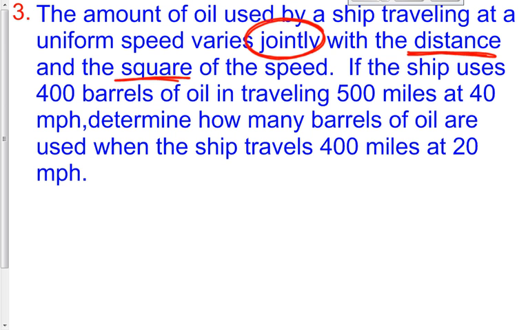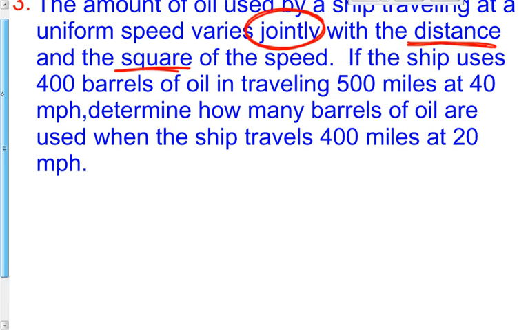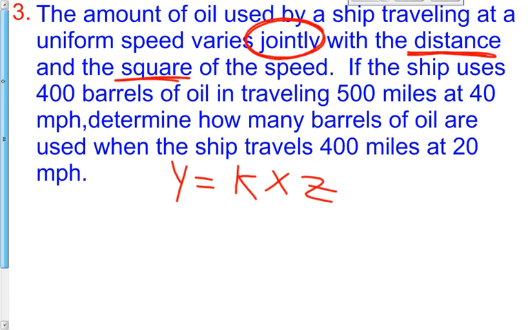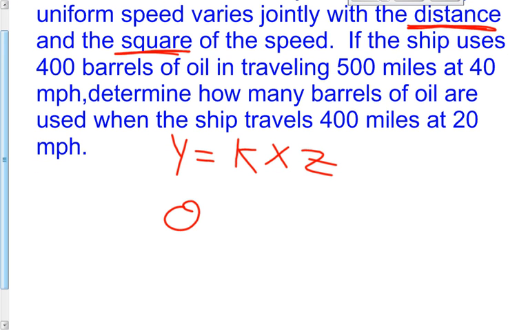So what it's saying, class, is that the further a ship goes and the faster it goes, as one increases and the other increases, the amount of oil used by that ship increases. They all go up. So with this one, our joint variation is y equals kxz. But let's now start to use some of the variables that we can draw from this. The amount of oil used by a ship, which we'll just call O for oil. And I'll do a little doohickey at the top so we don't think it's a zero. So oil equals our constant of variation